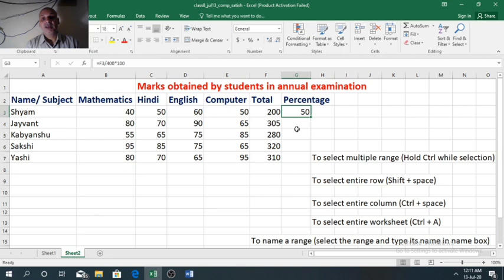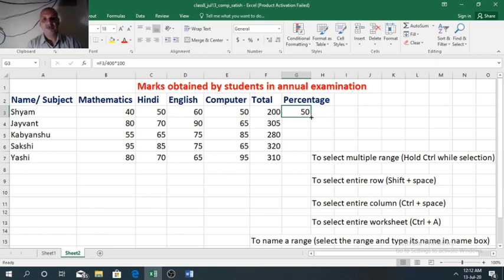Now we need to find the percentage for all the other students. So here we will again copy the formula that we have typed in G3 to other cells. So method is same. Select the cell where the formula is entered. That is already selected. Now at the bottom right corner of this cell, when you move your pointer, the shape of the pointer will change to a dark plus symbol, black color plus symbol.